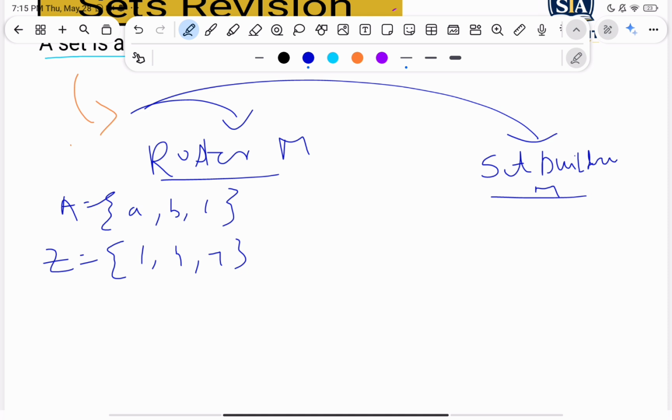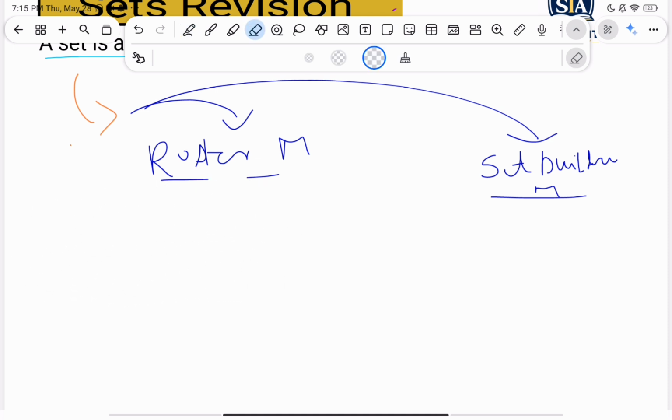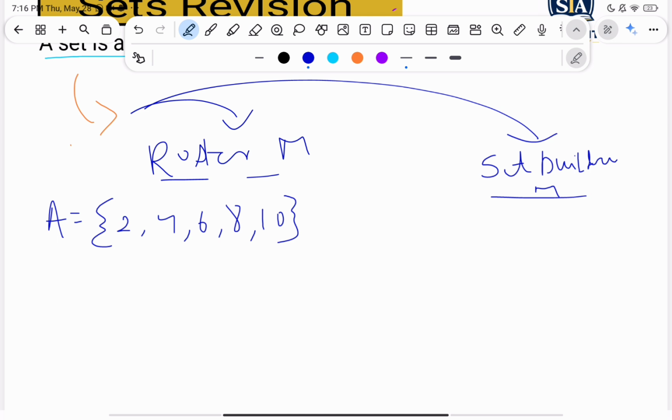I'll take another example. Okay, if A is represented here as {2, 4, 6, 8, 10}, like this. If A is in set builder form, we have to build the set. Here it is already built, that is called roster form, but in set builder form we have to build the set. How to build? x such that, we have seen the such that symbol. x is such that x